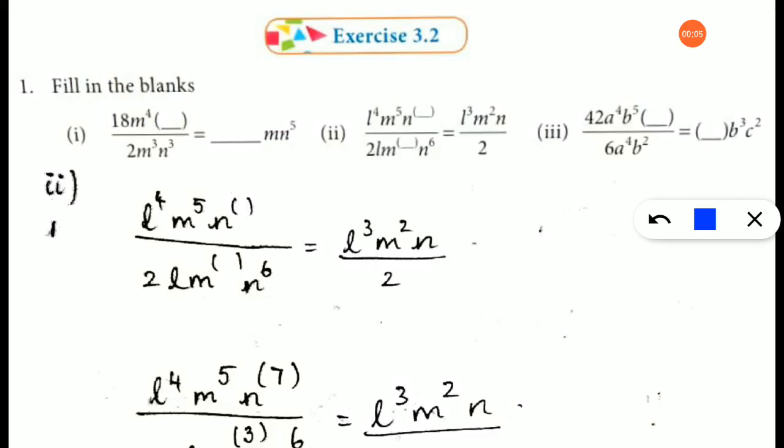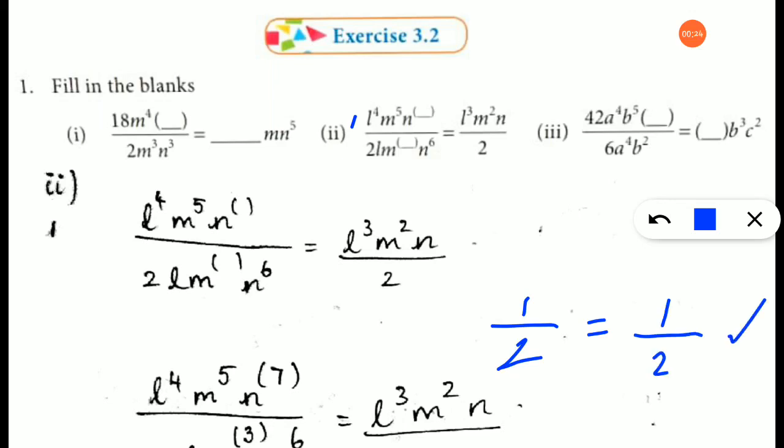Look at the first sum, second subdivision. They have given you 2 empty spaces, right? You are going to find the value and make both the left hand side and the right hand side equal. In order to do that, first check the numbers given. Here, in the left hand side, the number is 1 by 2. Same way, in the right hand side, the number is 1 by 2.